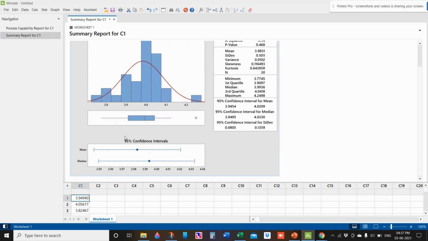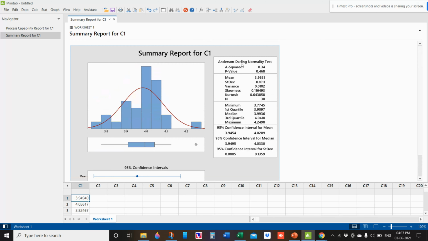Okay. Now at the bottom we can see this is a mean. Mean means it's the average, the process average. And this 95% confidence interval is from the mean, both sides, showing how much of the population is covered. So from here to here, 95% of the population lies. That is when you consider the mean. When you consider the median, it will change a little bit, it is shifted a little bit. So basically we will do it with the mean only, we'll consider the 95% confidence interval with respect to the mean only.